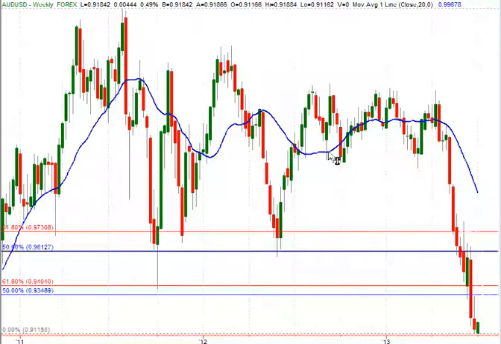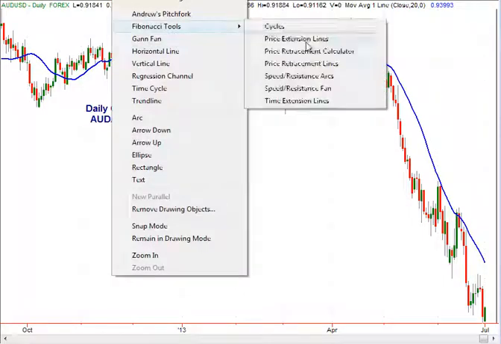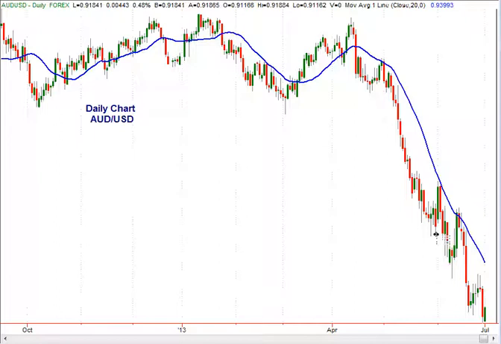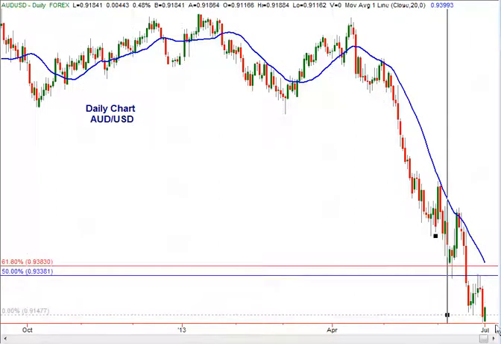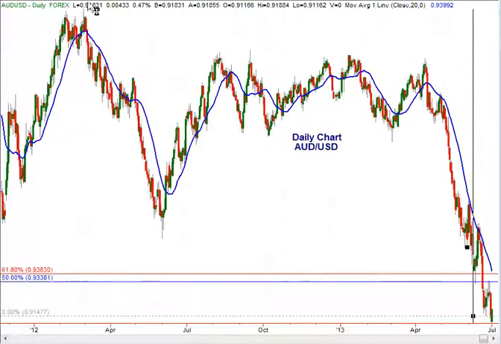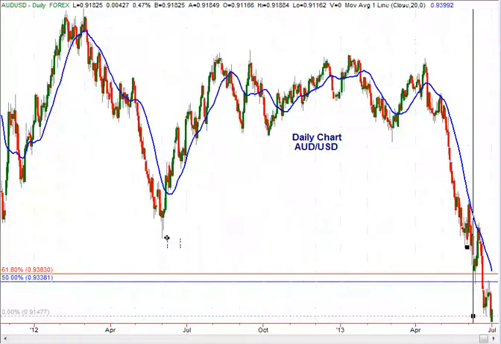On the daily chart, we can actually see that price is trading in extension, and the extension is again from lows to lows, and this has targets below. If we move above this 93.83, then watch out for the other level of resistance, which is one of the two levels that I've showed you